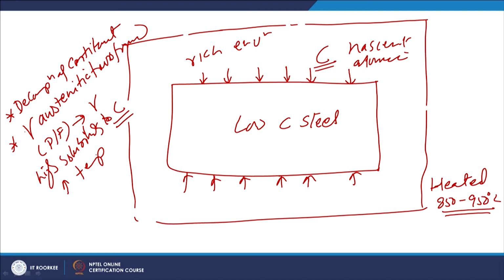So, these are the two functions which are realized by heating the component at a higher temperature. One is thermal decomposition of the constituents, which provides the nascent carbon in the atomic state, and the second one is the transformation of the ferrite and pearlite, having limited solubility for carbon in the solid state, into austenite. Austenite has higher solubility for carbon, and the increase in temperature also increases the solubility of carbon in the austenitic state.